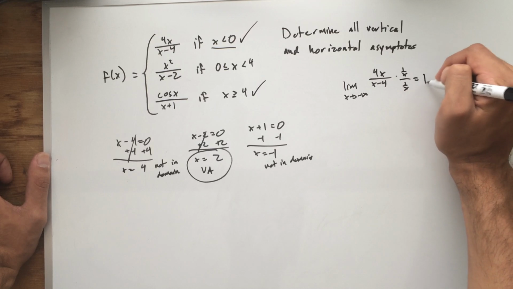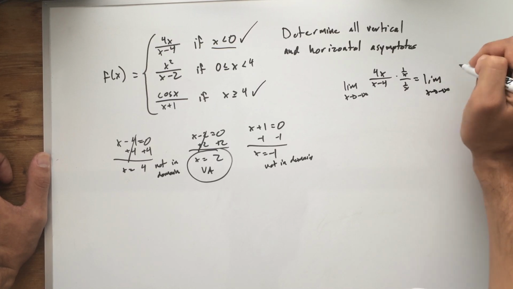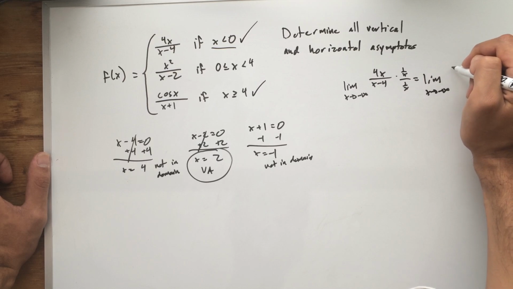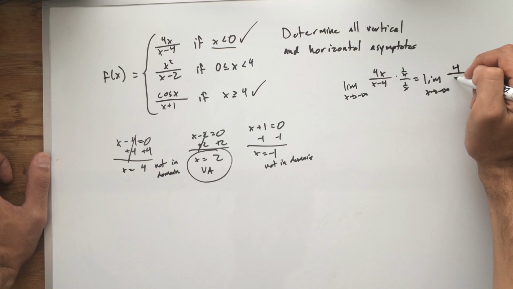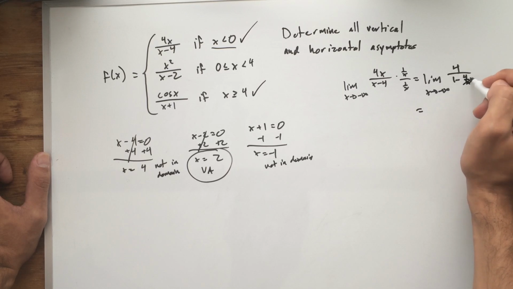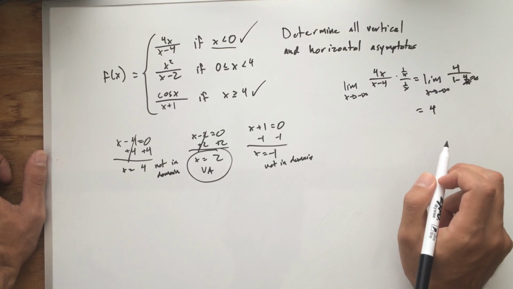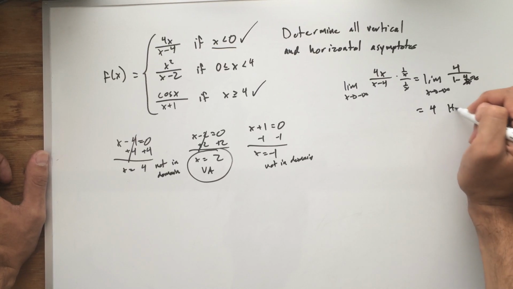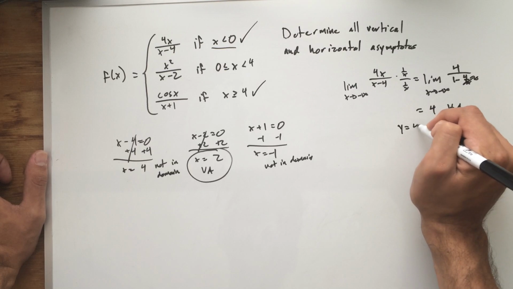So we have the limit as x approaches negative infinity of 4 divided by 1 minus 4 over x. So this will go to 0, so we have 4 divided by 1, which is just 4. So this is the horizontal asymptote. So y equals 4,